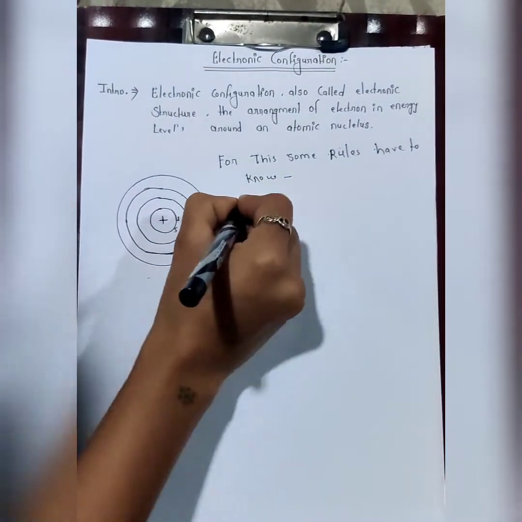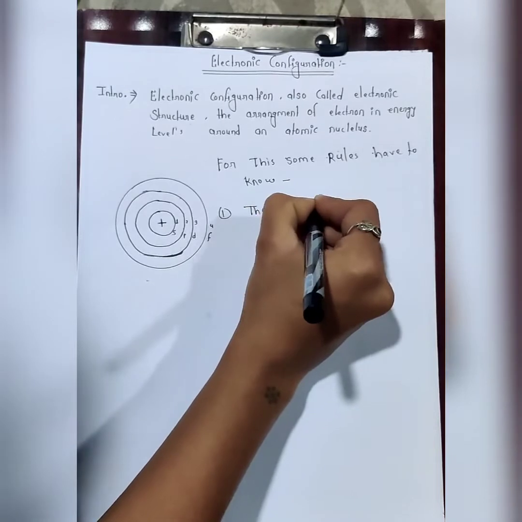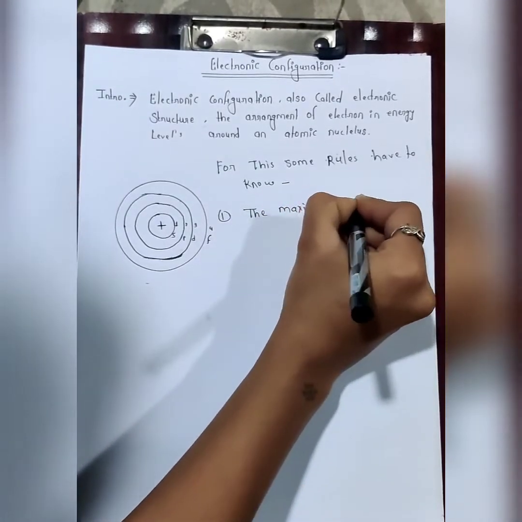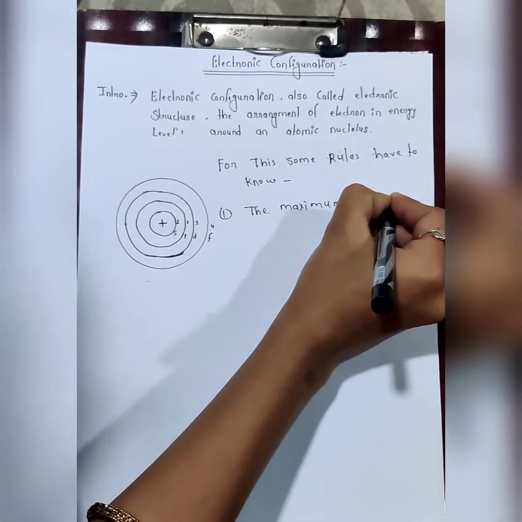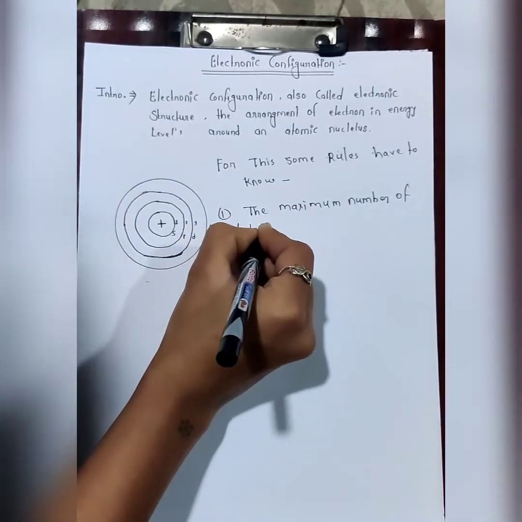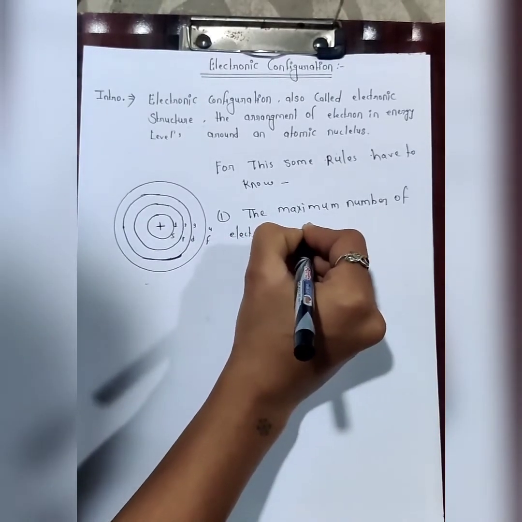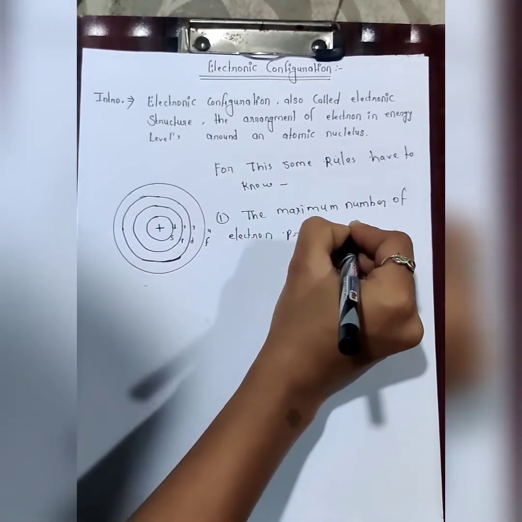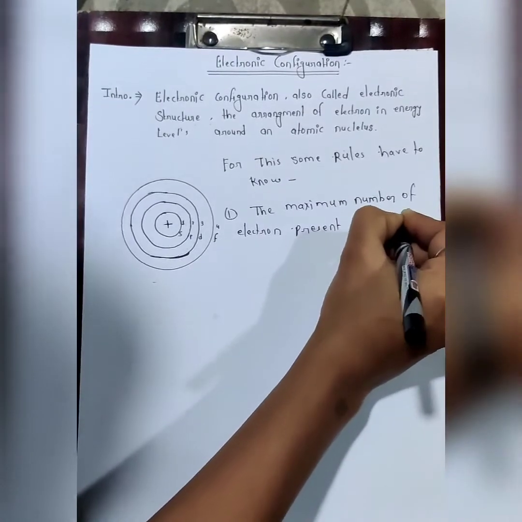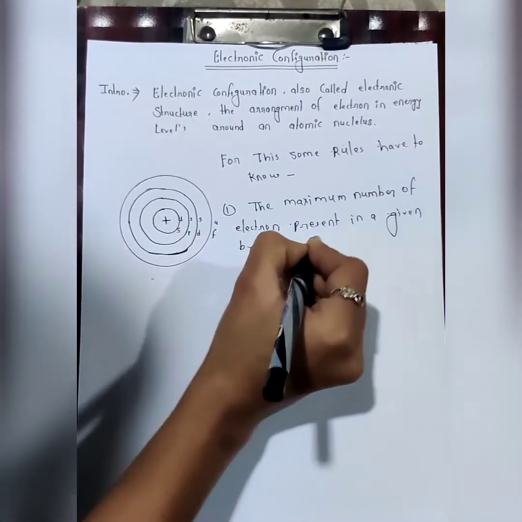First, the maximum number of electrons present in an orbit is given by the formula